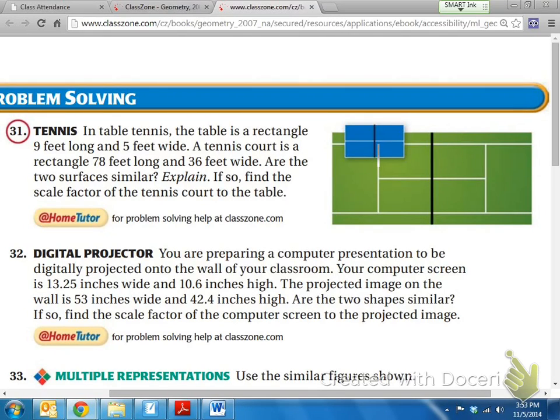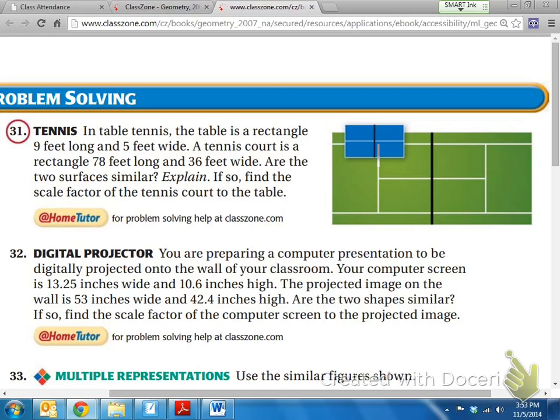All right, so we're dealing with a ratio problem where we're trying to figure out the scale factor of real-life objects to models. One of the classic examples that we use in algebra is regular tennis courts to table tennis courts, or ping pong tables. So in this question 31, it says, in table tennis, the table is a rectangle 9 feet